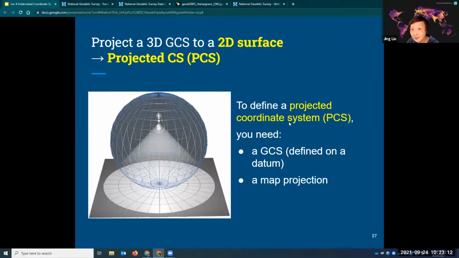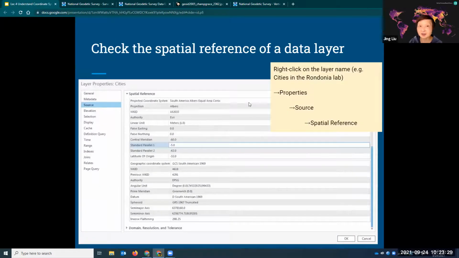on this piece of paper. So from another angle, in other words, to define a projected coordinate system, you need two things. You need GCS, datum. You also need a way to project it, your map projection. So that is why in your GIS software, for example, this is in Pro, you right click on a data layer, go to properties, go to source, and you can see spatial reference,